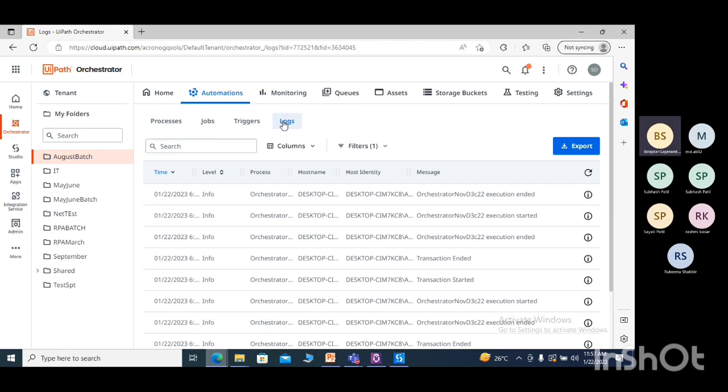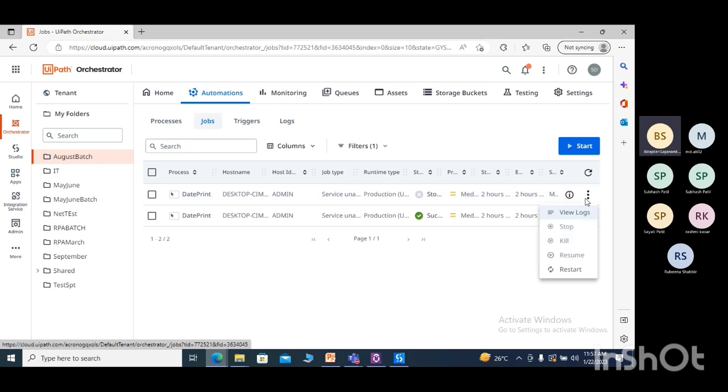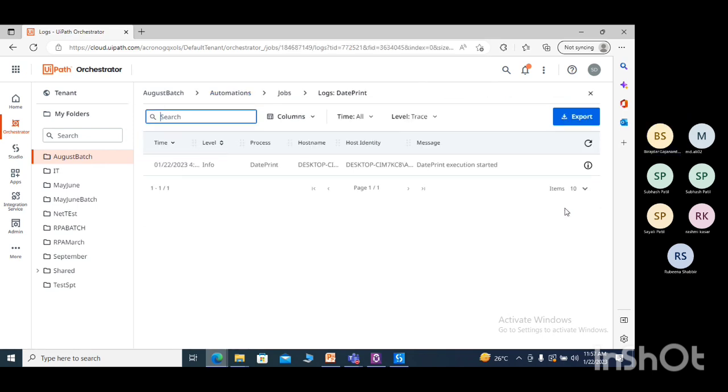So logs you can always see, or sometimes you might have access for jobs but you can't run them. You can just see logs. Okay,